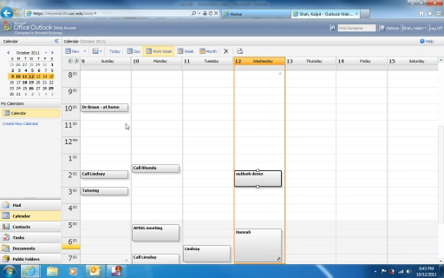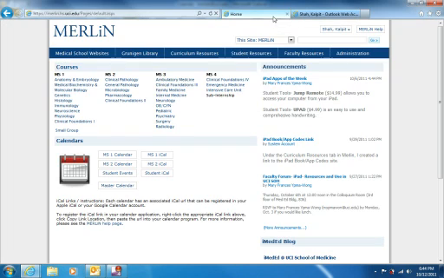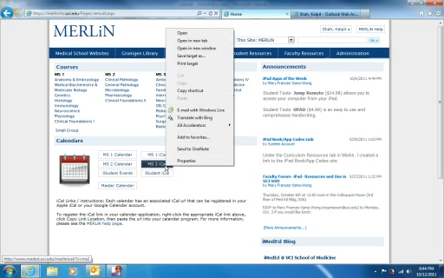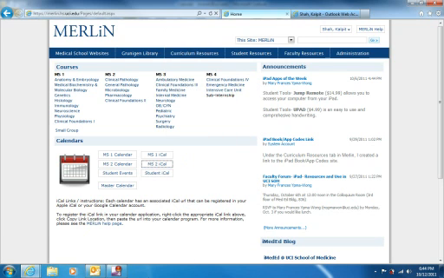So that's part one. Part two is setting up your class calendar. Like I said earlier, this is your personal UCI calendar. Now the class UCI calendar is a little bit different. Fairly easy though. So here's what I'm going to do. I'm going to go to Merlin and see the MS2 iCal link. Right click on it. Copy shortcut. Go back to Outlook,